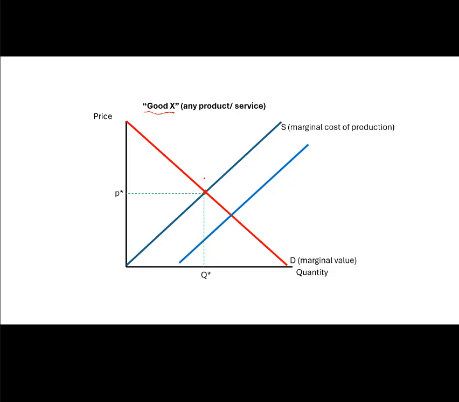Let's label this right here, A, with this price and this quantity. And if we shift that supply curve to the right, we'll move to this equilibrium here. Let's call that B. And of course, the price will fall and the quantity will increase. Okay. And what would happen if we just kept shifting supply curves out to the right over time? Well, price would fall and quantity would go up.